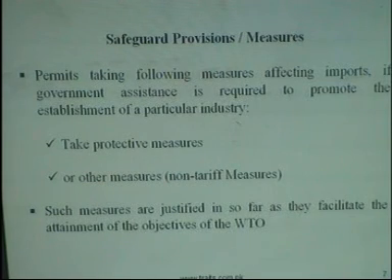Safeguard provisions permit taking the following measures affecting imports. If government assistance is required for the establishment of a particular industry, you can take protective measures or other measures, that is, non-tariff measures, and such measures are justified insofar as they facilitate the attainment of the objectives of the WTO. But again, could you please